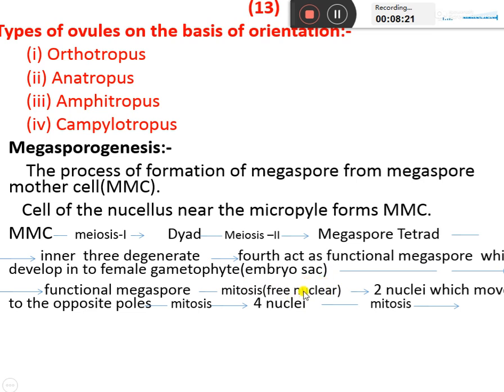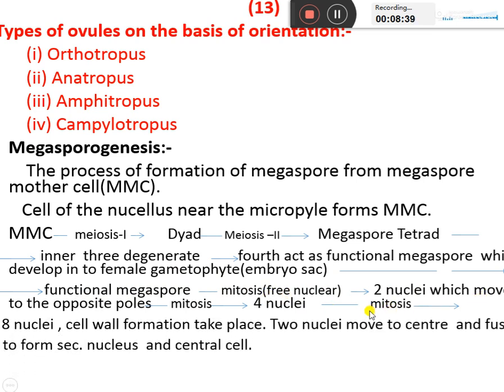Hence it is called free nuclear cell division. After the first division two nuclei are formed, after the second division 4 nuclei are formed, and after the next division 8 nuclei are formed,